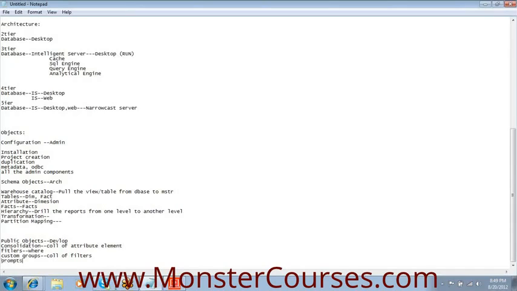Prompts. I told you already, it's also a where clause, restricting data, but the difference between a filter and a prompt is, a filter is something you, as a developer or an architect, hard code in your reports. A prompt gives a privilege to the end user to restrict the data while running the report on the fly.